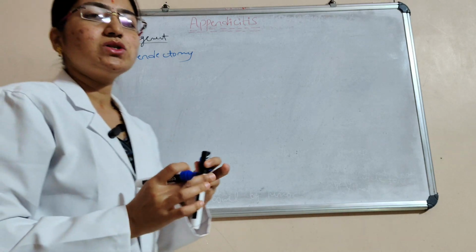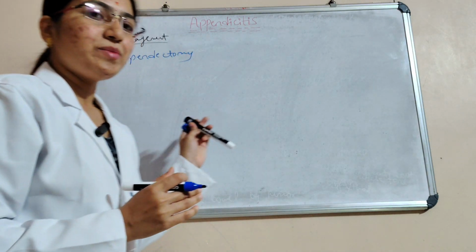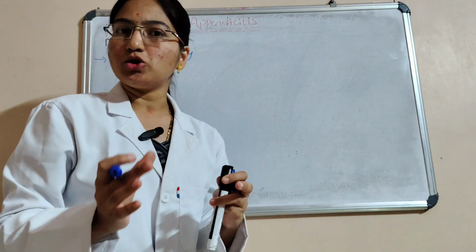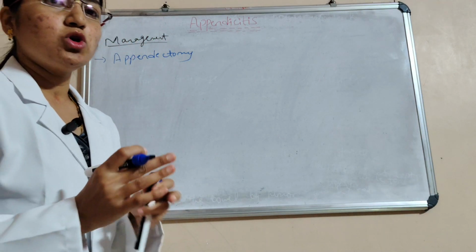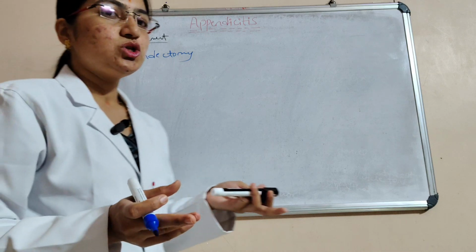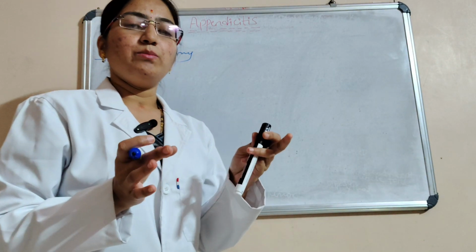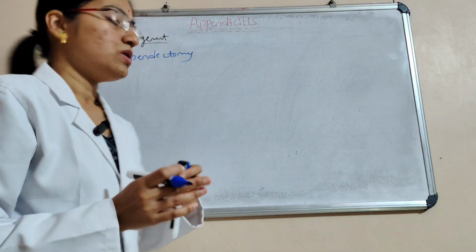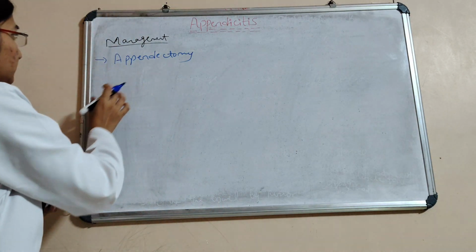And then delay. It should be on time. Delay in removal of appendix may cause the rupture of organ. Due to the rupture, there is the perforation of the bowel and peritonitis can take place. Here, perforation of bowel is the most common, and then antibiotics are required. And then, if required, surgical drainage. Peritonitis develops after perforation.